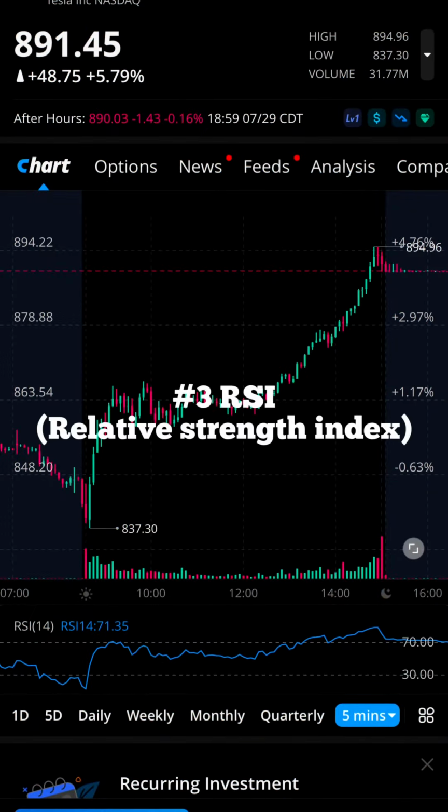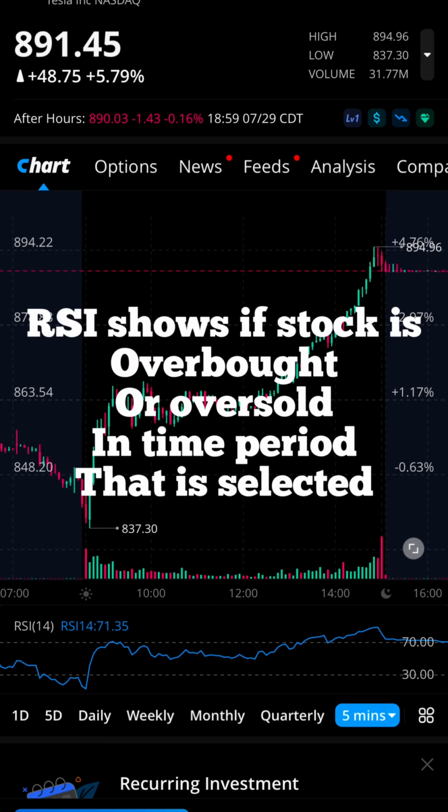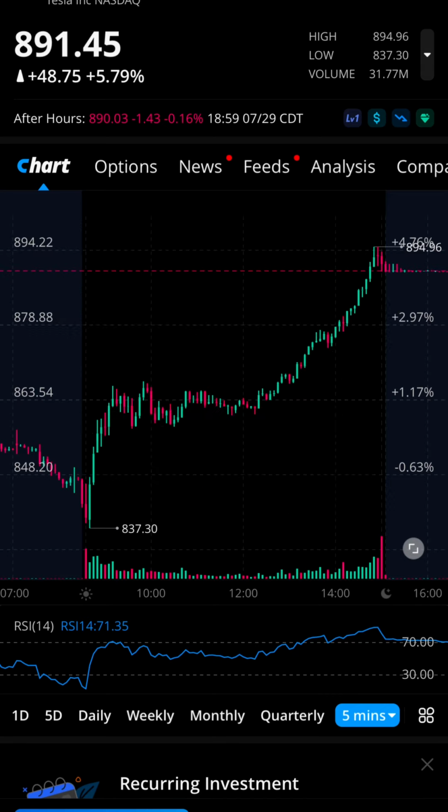And the next indicator that I like to use in every trade is the RSI. Now, the RSI is going to tell you whether a stock was oversold or overbought during the time period that you have selected. So in this time period, you can see that right at market open, the price dropped to the oversold area, which is below the 30 marker on the RSI. And then about an hour later, it went to the overbought area, which is above the 70